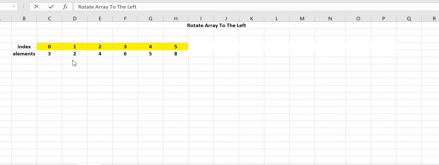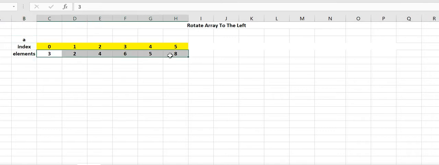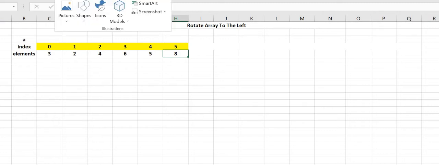To rotate the array to the left means that we have to move each of its elements by one to the left side of the array. So for example, if this is the array A I have taken over here, and these are the indexes of this array, these are the elements of the array. So in the new array, we can say that the elements will be as, say for example,